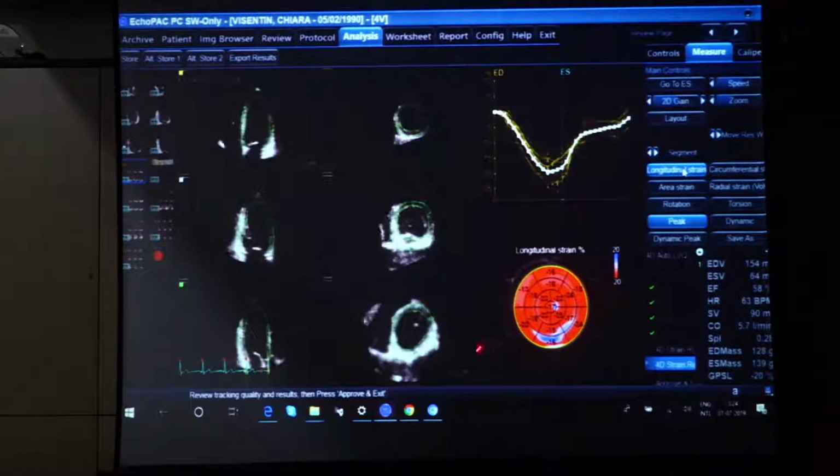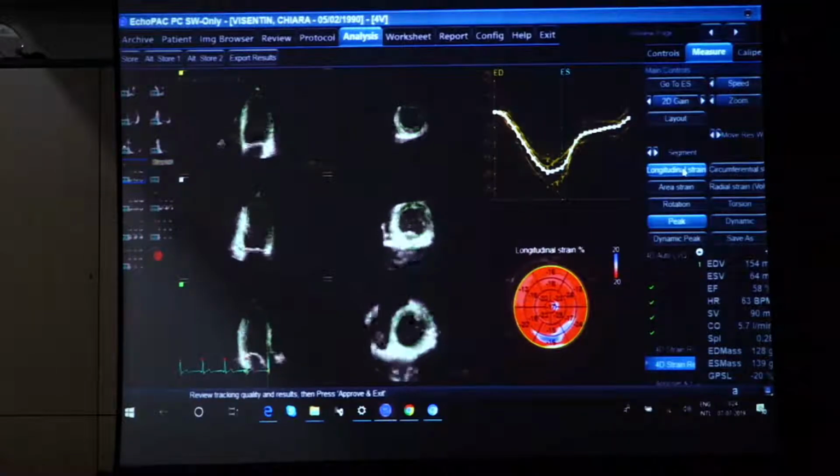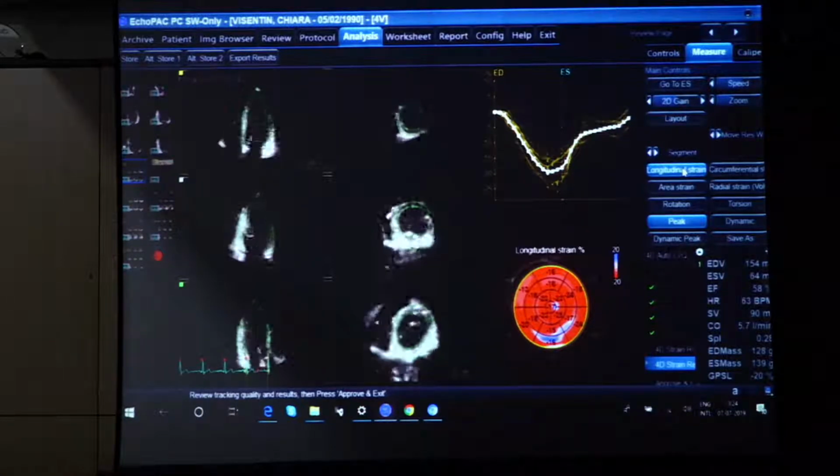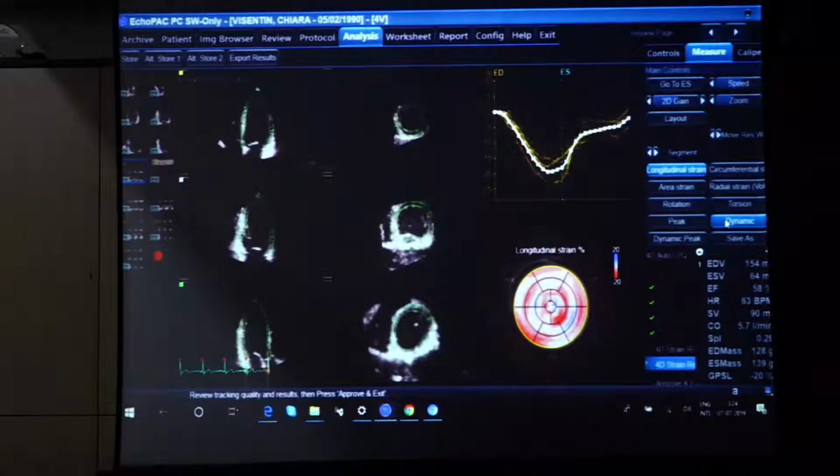So the result is an average of the peak strain of each segment, independent of the time they occur during the cardiac systole. But I also have a more physiological one, that is the dynamic peak, the dynamic